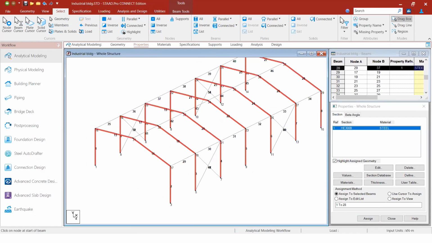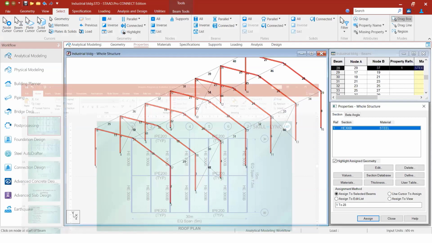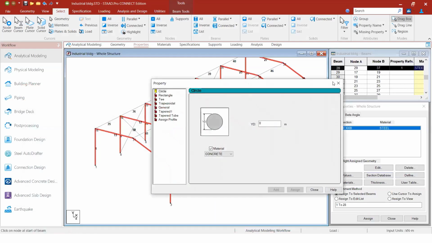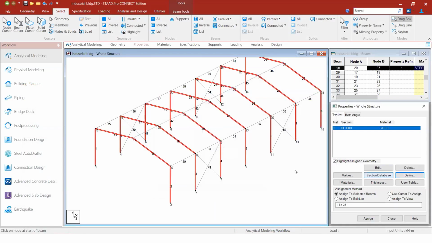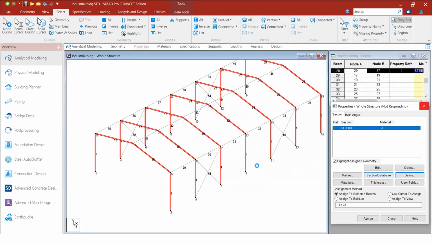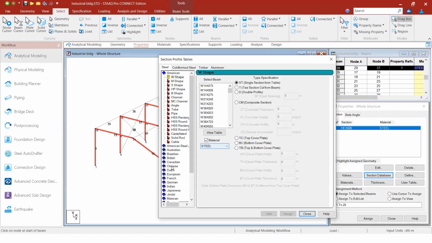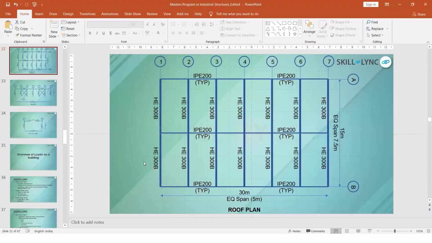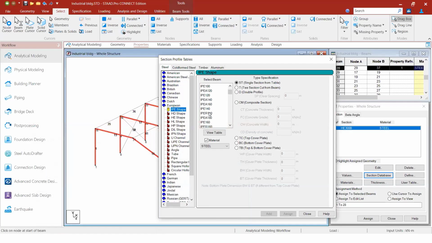So next is the beam, which is IPE 200. For that, I have to select from the section database. I think it's European type, IPE 200.